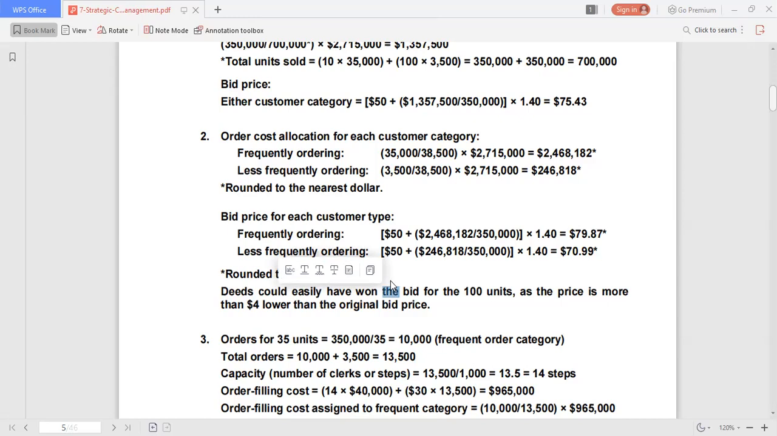And the total orders, 10,000 plus 3,500 for the less frequently ordering, so you have 13,500. The capacity, number of clerks or staff: 13,500 divided by 1,000. So we have 13.5, or rounded up, that will be 14 staff. So for the order filling cost, 14 times 40,000 plus 30 times 13,500 equals